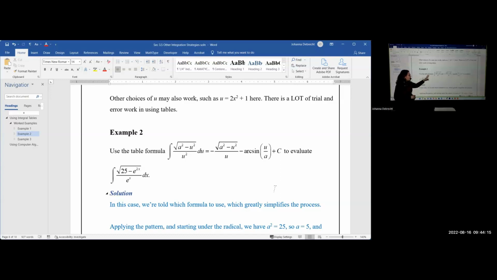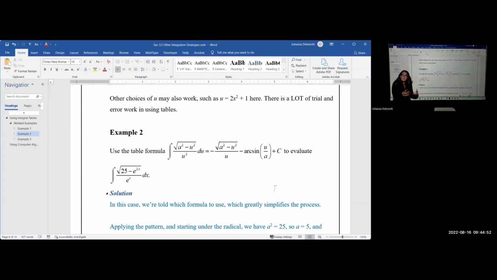So I'm telling you this is the pattern, and it does fit the pattern. I would never give you one that didn't fit. That would be cruel, right? So it does fit this pattern. Your job is to make it fit. So what you want to do is look at the pattern on the left and look at the integral you're given and come up with a definition for what a is and a squared is, u is and u squared is. And then hope that the differential dx helps account for this u squared you have in the denominator,